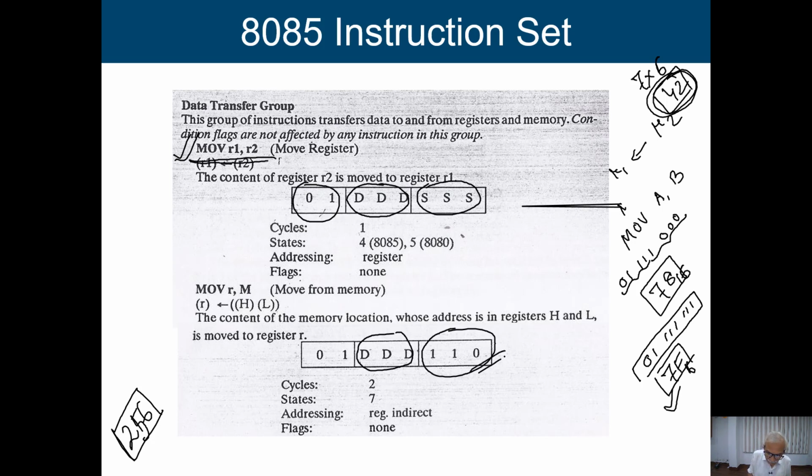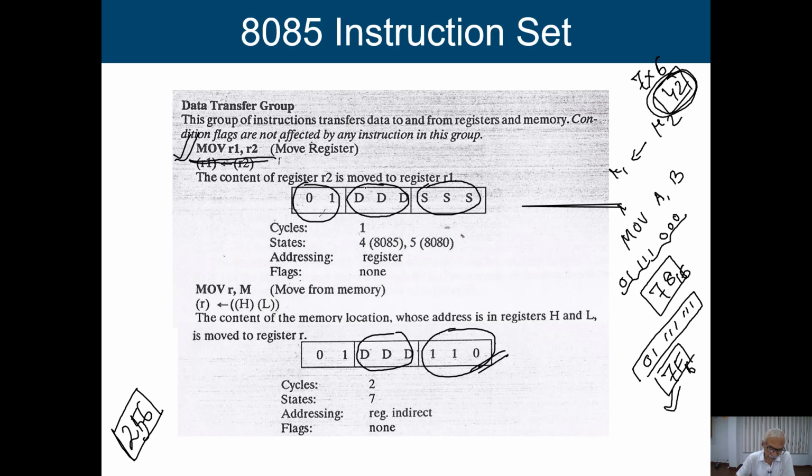When this information comes 110, it says that we are referring to a memory location. So that means source will be a memory location and destination is a register. So now we are having one source and one destination.